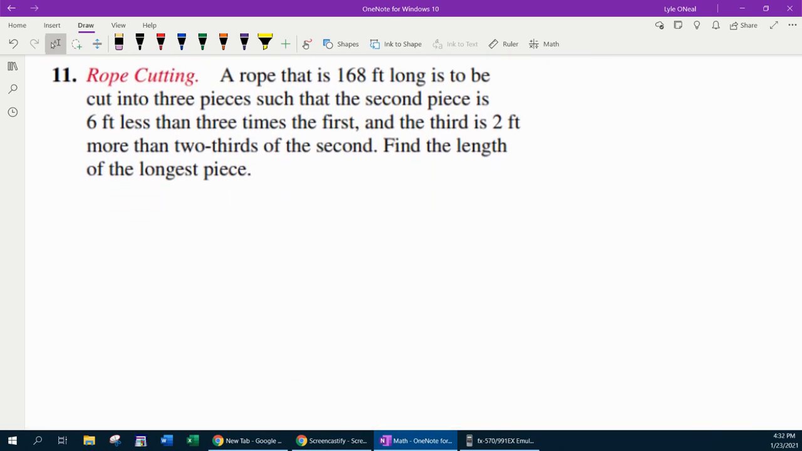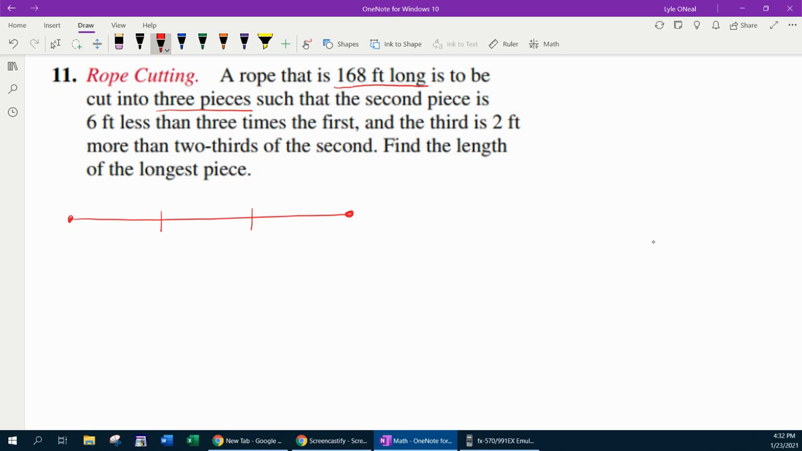Next, number 11, we're going to look at a rope cutting problem. It says a rope that is 168 feet long, that's important, is to be cut into 3 pieces. So the first thing I'm going to do, since I don't have a picture, is draw a picture. Here's my rope stretched out as a straight line. And since it's going to be cut into 3 pieces, that means there's going to be 2 cuts,